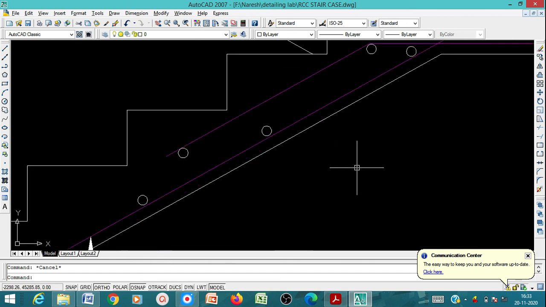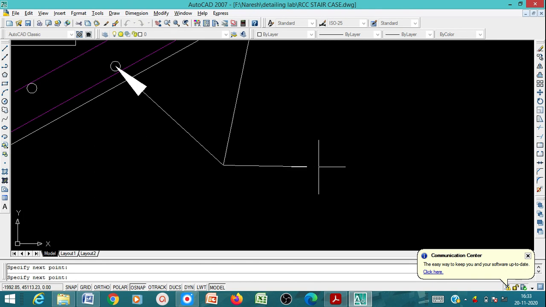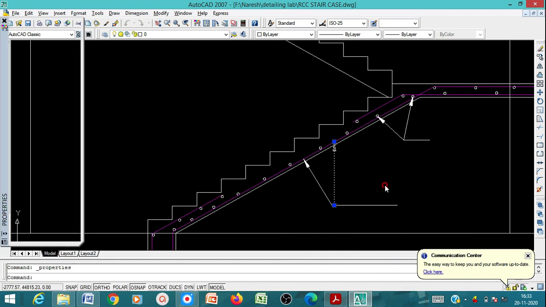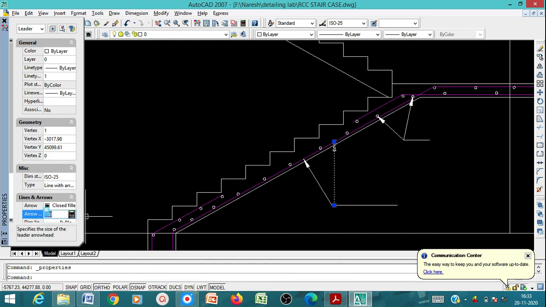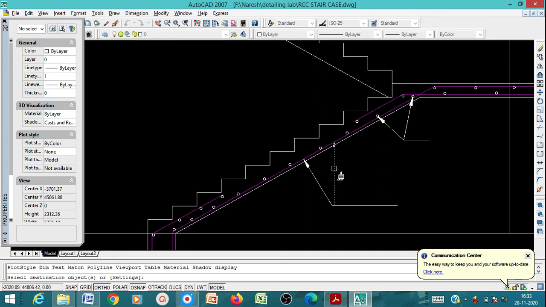Then for the distribution steel also you use leader. If you want to change this, go to properties and change the size. You can make the arrow size 50. Then match properties, you can match those properties too. Now you have changed the leader, so you can still decrease this.